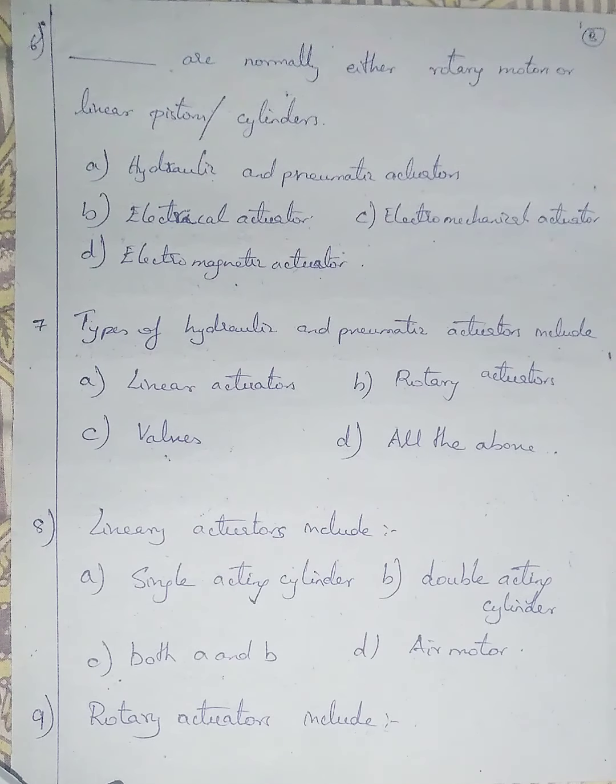Because hydraulic pistons will be used, and in the case of aeroplanes we'll be using compressed air to move it. Similarly, in compressed air engines we'll be using air pistons. It is of linear type. In our IC engines also it is of linear type. In gas engines, in Brayton cycles, the turbine is of rotatory motion. So I'm going with option A, hydraulic and pneumatic actuators.